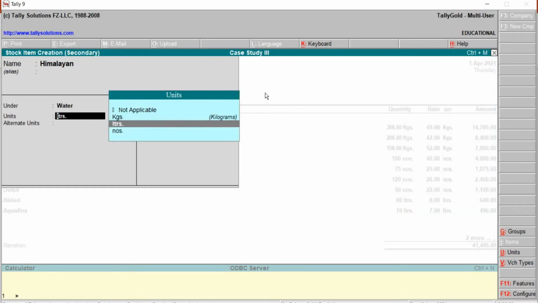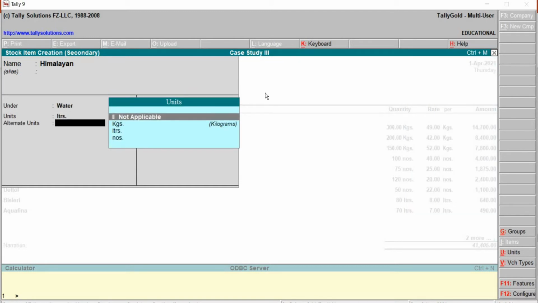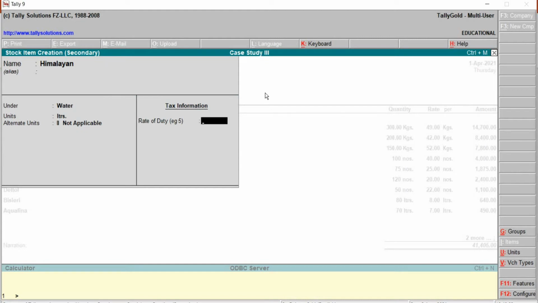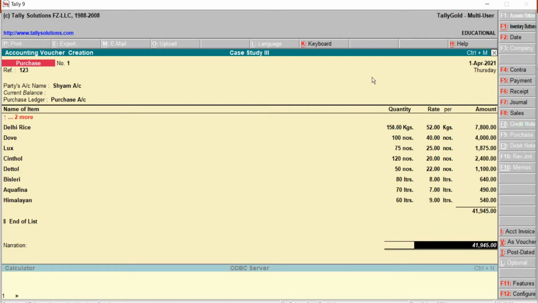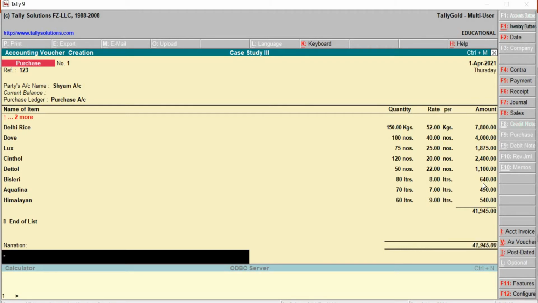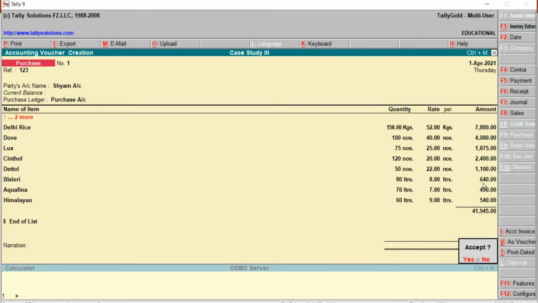Water, liters, not applicable. Later save. Quantity is 60. Then 9 rupees. We can just see here the total amount. Then later type the narration, then save.